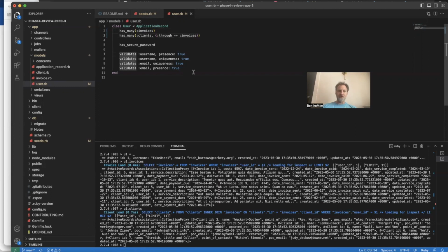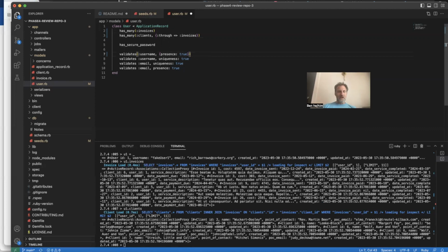And the same logic applies here. Validates is a method. I'm passing in an argument for username. That's just saying this is the column that I'm going to validate. And then this thing is the hash, which represents the